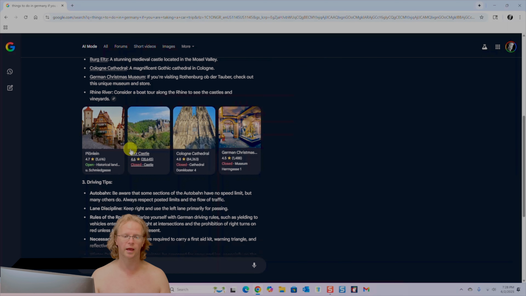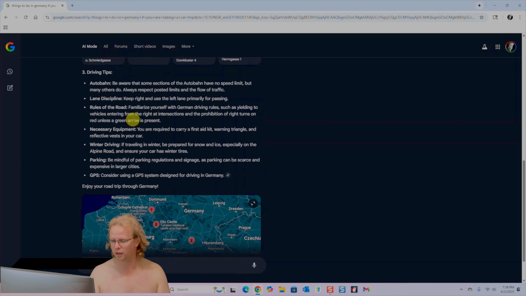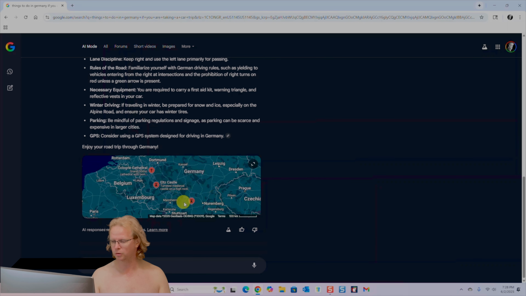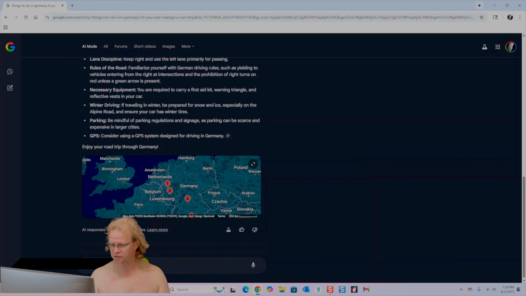And the cool thing I do like about this versus ChatGPT is I like the visuals, which is really cool. Because if there's stuff you've seen and you're like, oh, I want to go see that, I recognize that place, you can actually do that, versus ChatGPT, which really doesn't provide you images, it's just all text. So that is one cool advantage. It even has a map here, which is really cool. So I can even say, okay,